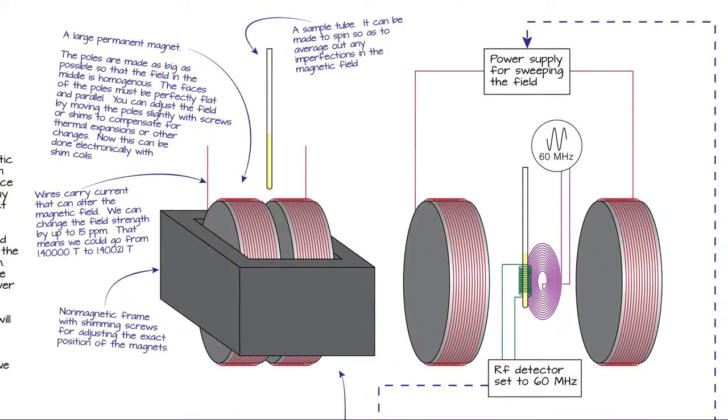So how would we construct a magnet? Well, you could take two big permanent magnets. This is one way to do it. So first of all, you have to manufacture these magnets, and they have to be perfect, and they have to have perfectly flat faces to try and make the most perfect field between them as possible. They also have to be pretty big because at the edges the magnetic lines are going to be curved, and in the center, of course, they'll be straight between the two